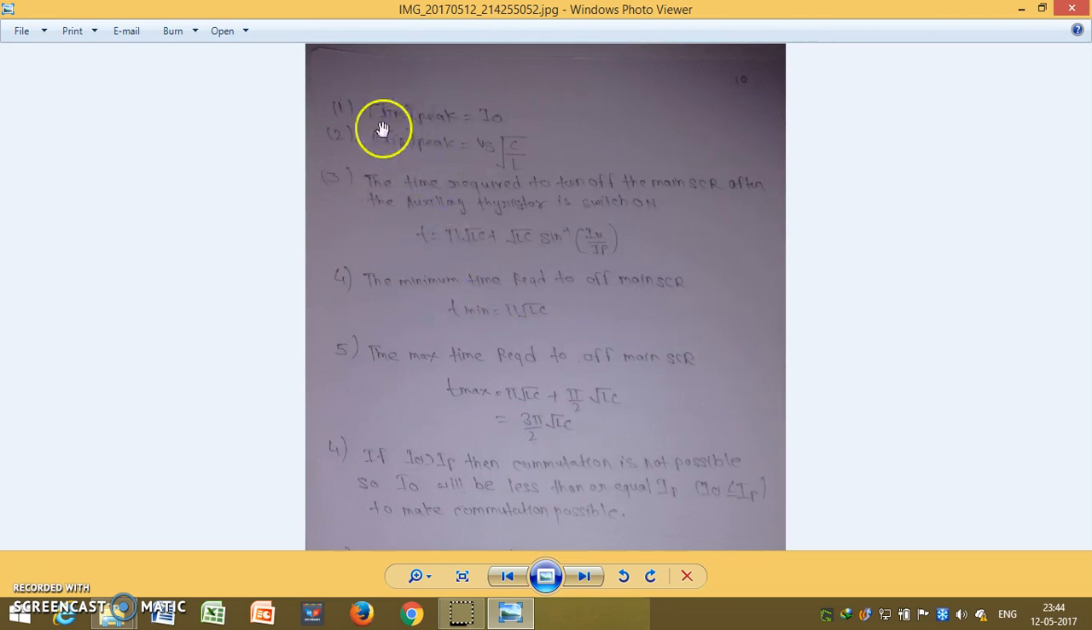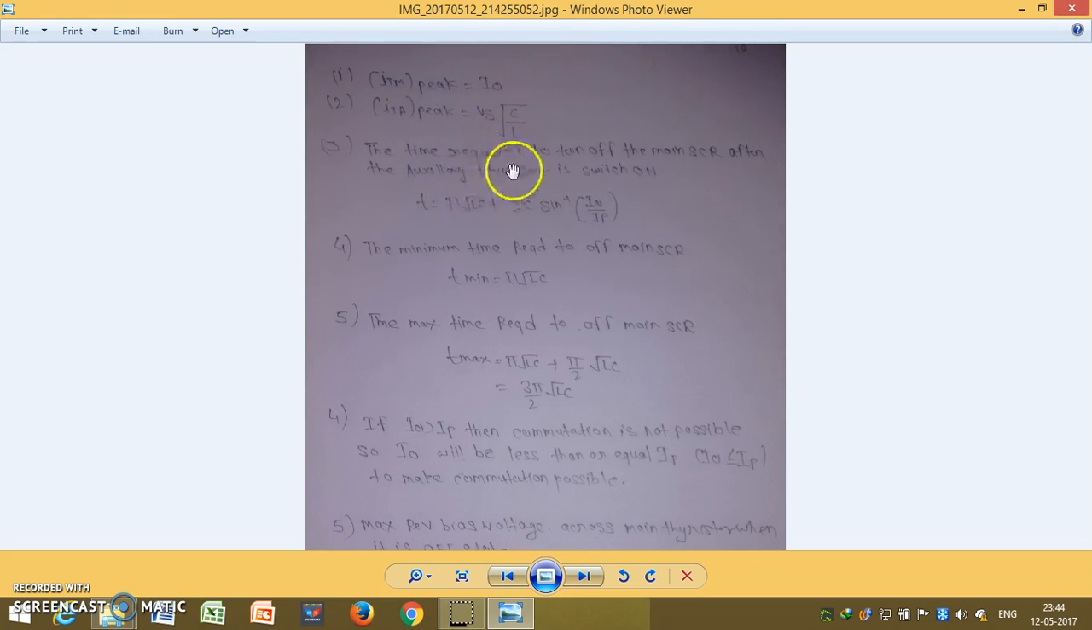So we have to find the thyristor peak current. Thyristor peak current is I naught. While selecting the thyristor, we have to take care that it can carry I naught current. ITA, the auxiliary thyristor peak current, is Vs under root C by L. This is the current which our auxiliary thyristor can sustain. The time required to turn off the main SCR after the auxiliary thyristor is switched on, to switch off the main thyristor,